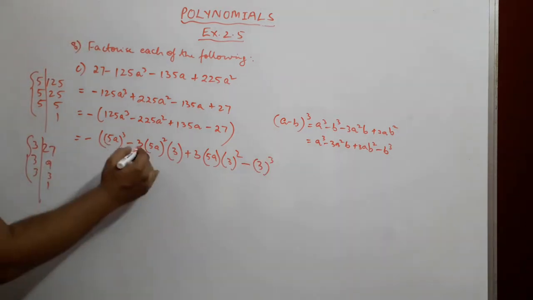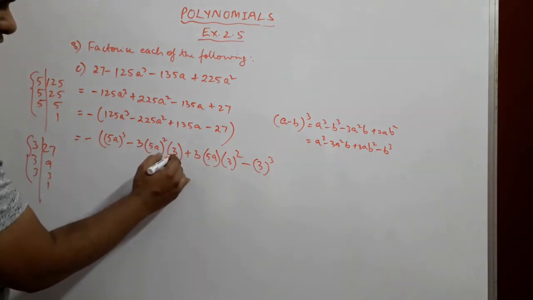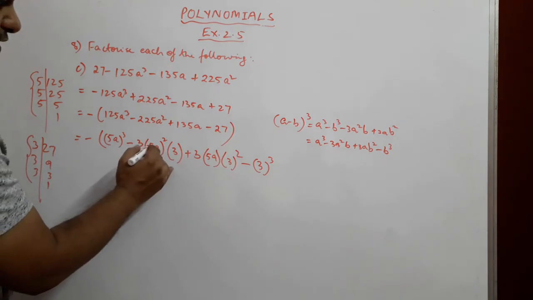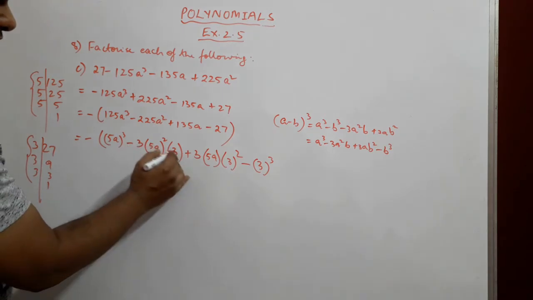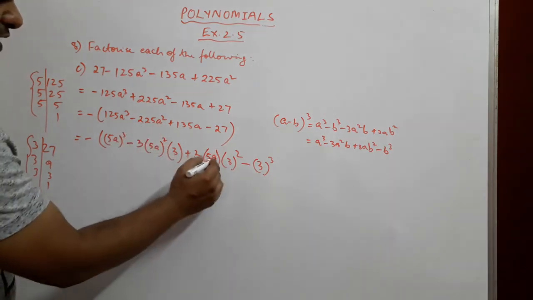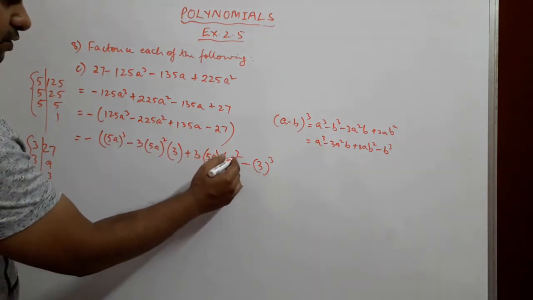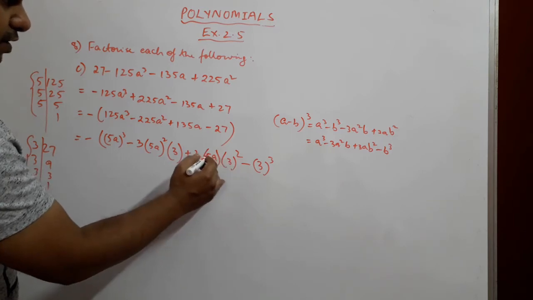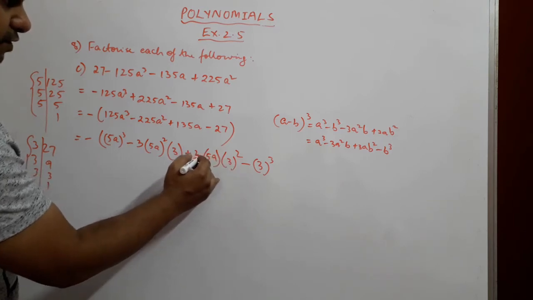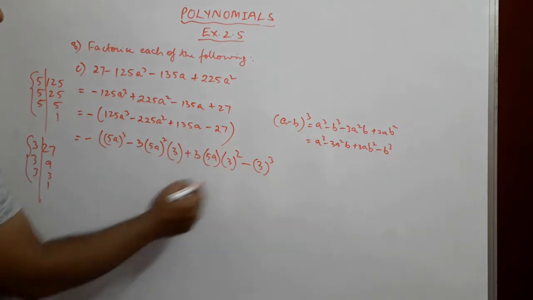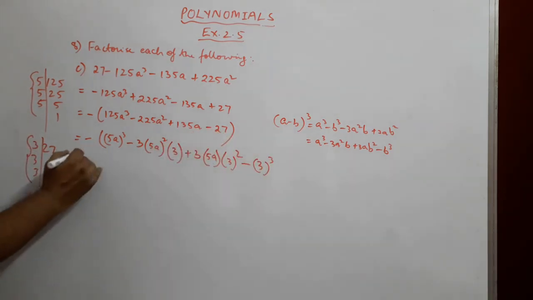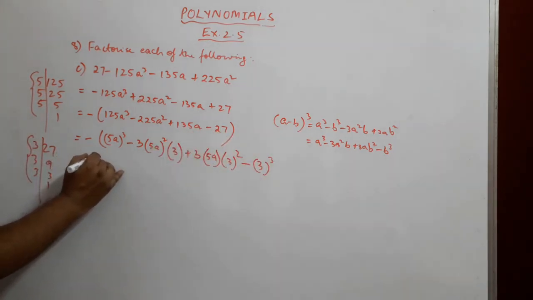Okay, you can check. 3 5s are 15, sorry, not 15, this is 25, 5 square. So 25 into 9 will give you 225, and over here 3 whole square gives you 9. 9 into 5 is 45. 45 into 3 will give you 135, and 3 cube gives you 27. So this whole thing can be written as minus